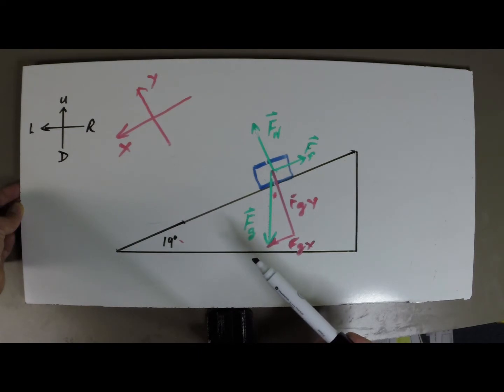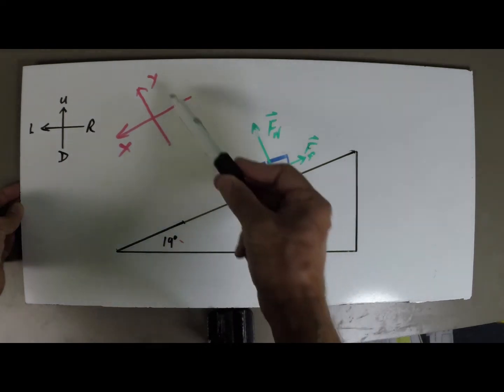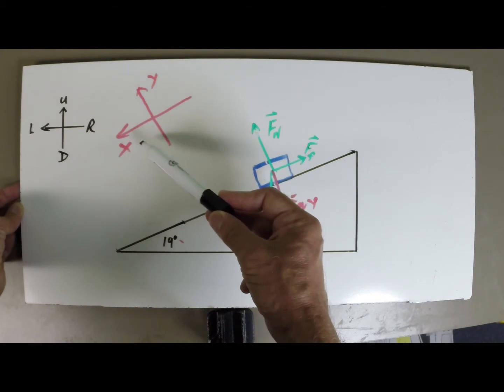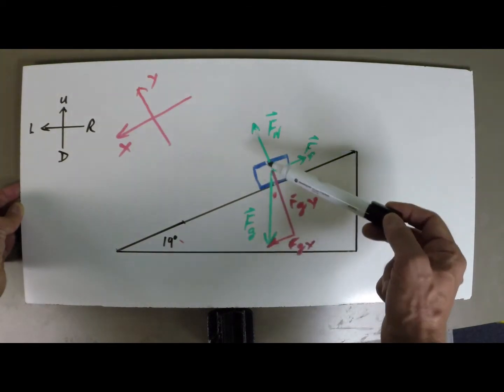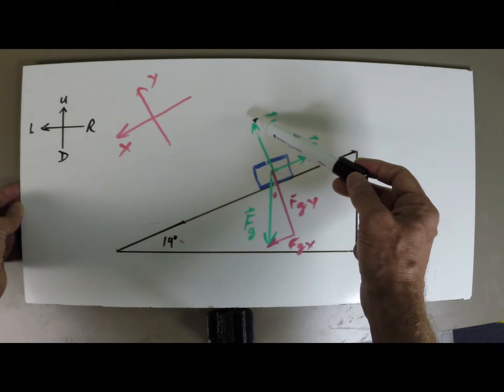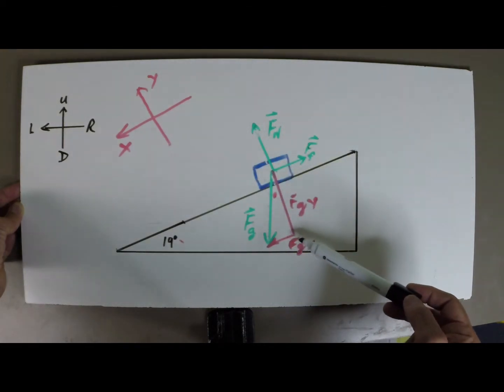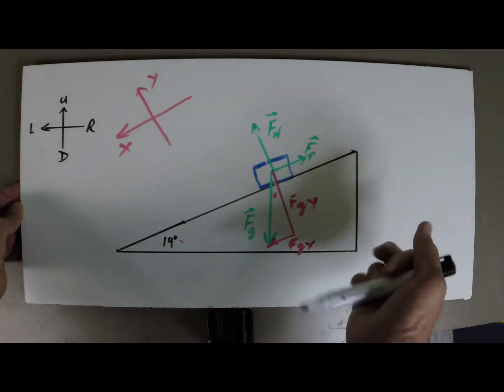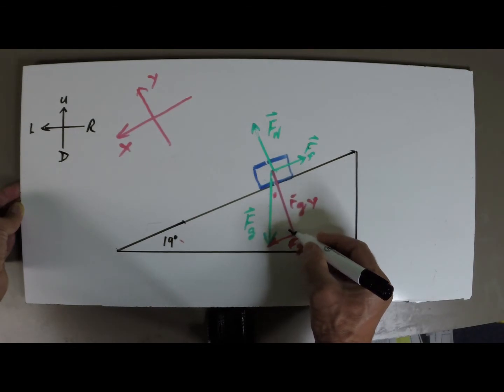We can look at the net force in the two directions here, the x and y direction. In the y direction, the normal force is positive y, the FGY component is in the negative direction, and